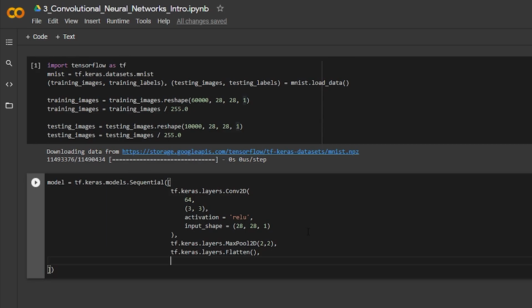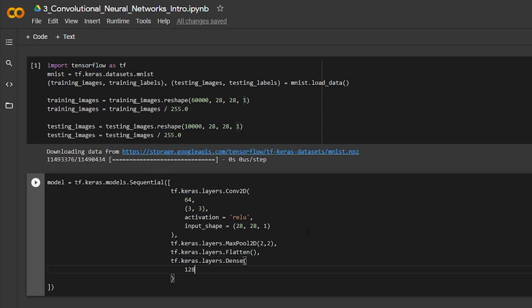So these are all the activation neurons that will be carried forward from the max pool layer. And like I said, the next layer is tf.keras.layers.Dense, and these are 128 neurons.